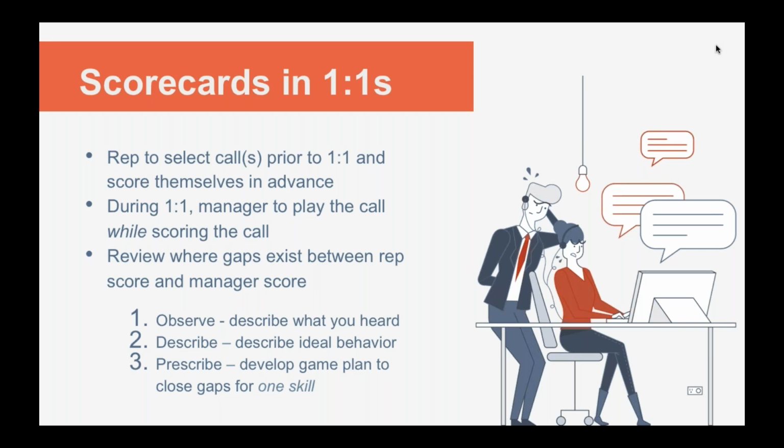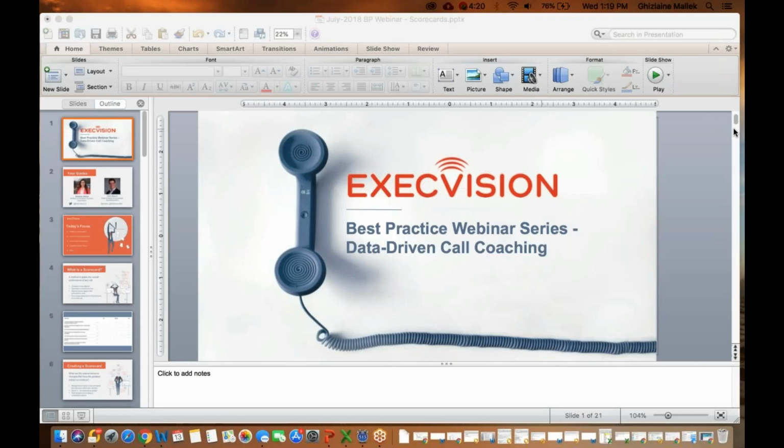Just think about if you have a rep that can't close a call, that can't schedule a meeting. If you just focus on working on that, that's going to have a lift for them immediately, right? So when we do our one-on-ones, that's exactly what we do. Everybody knows what they need to be working on from previous coaching. Again, I'll clarify that when we do our one-on-ones, we don't always do call recordings, so it's not every single week. But we do follow this format where we coach through the scorecard.